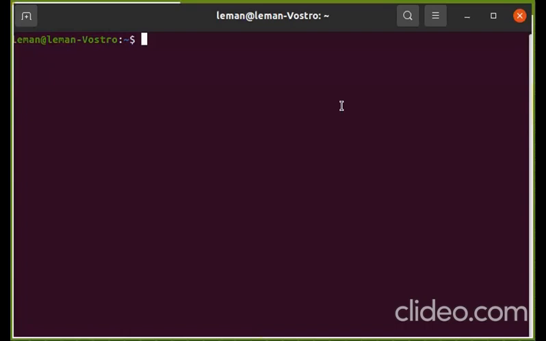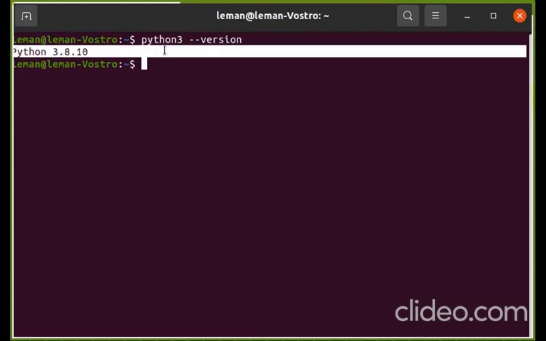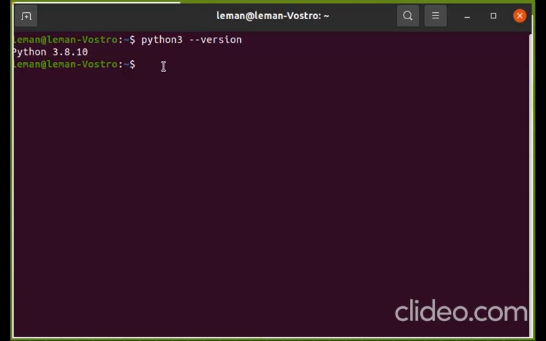The prerequisite for this library is that you should have Python 3 installed on your PC. The way you can check if Python 3 is installed is this command. Here I have Python 3 installed. If not, I'll share a link in the description box and you can follow the methods to get started. Next, we'll run this command